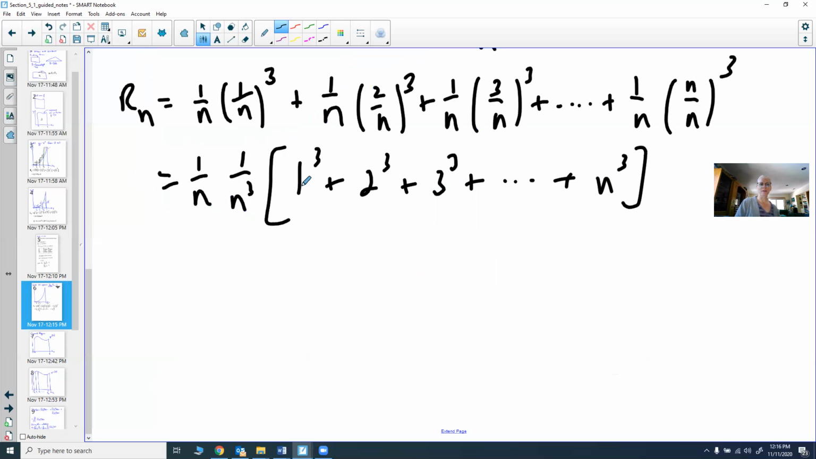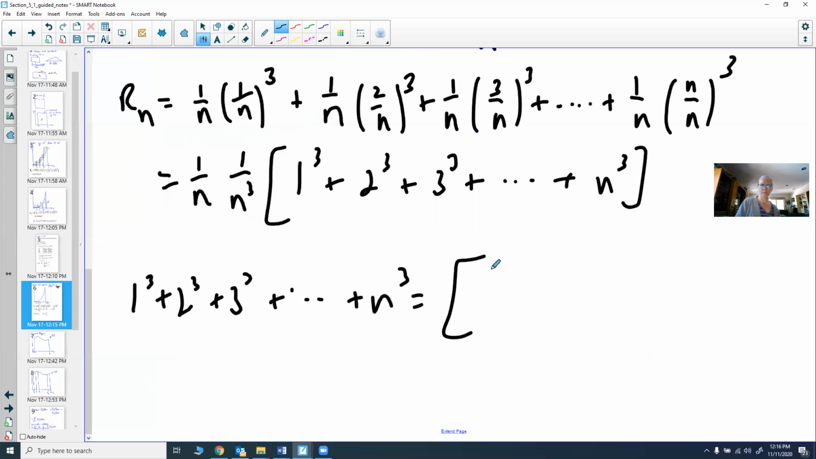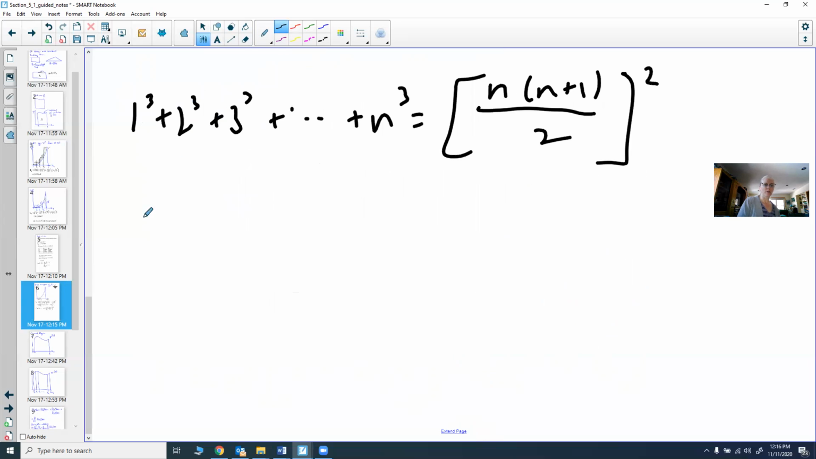Well, mathematicians have figured out what that sum is. It turns out that that sum is equal to n times n plus 1, all over 2, and this thing is going to be squared. Sorry, I can't read my own handwriting, no cube. And this is what it comes out to be. So my R sub n, therefore, is equal to